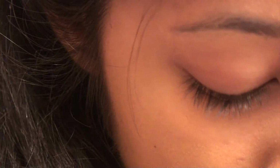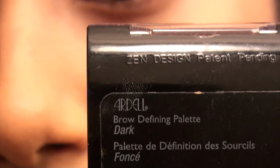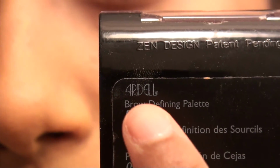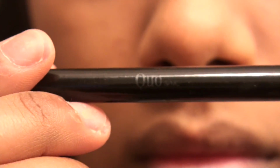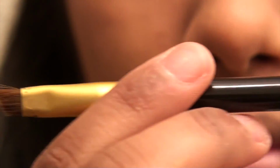So now I'm moving on to the brows, and I'm going to be using this brow defining palette by Ardell in dark. I love this palette. I've been using it for many years now. I got it from Sally's, and to apply the powder I'm going to be using another brush from Quo. It is their angled brush, which I've also been using forever, as you can tell by the condition of it,